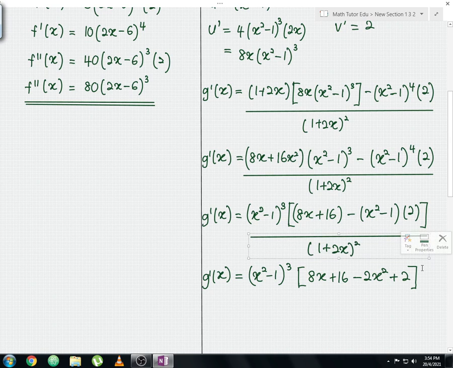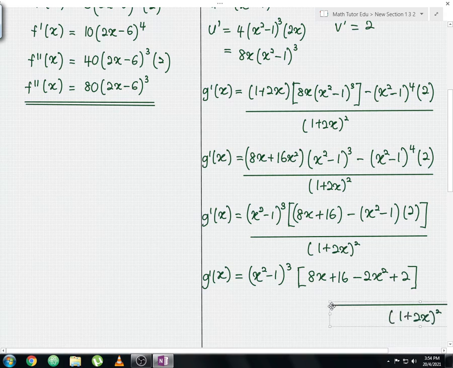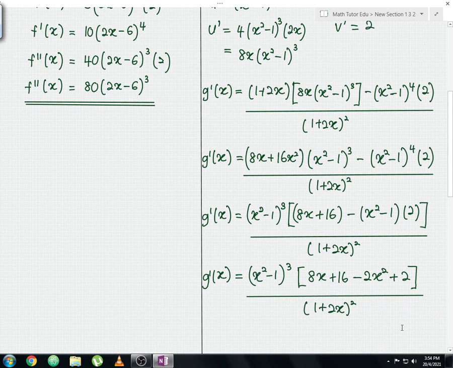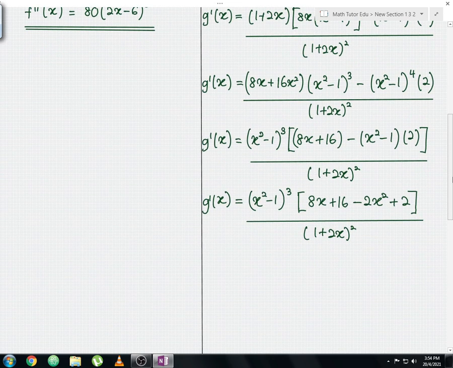And then you divide with 1 plus 2x square. Let us continue. So from here, solve this, you should get x square minus 1 cube. So the inside bracket will be,